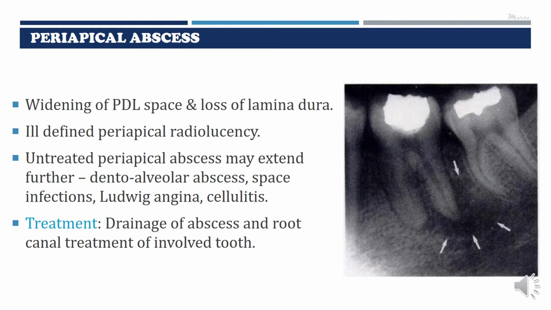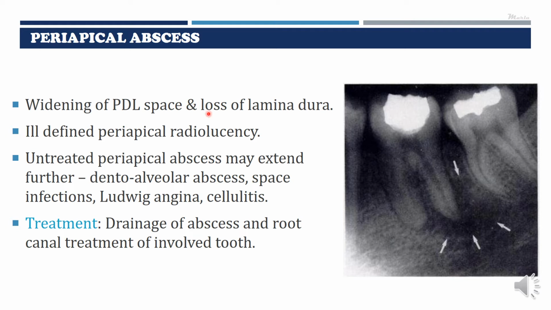Radiographically, periapical abscess can be detected by certain changes which can be appreciated in the periapical area. The basic change which can be seen is widening of the periodontal ligament space, which can also be seen in the case of apical periodontitis. As you can see in this image, there is a large radiolucency around the apex of the tooth. If you follow the normal contours, you can see the thickness of the periodontal ligament space being maintained. However, here there is a widening.